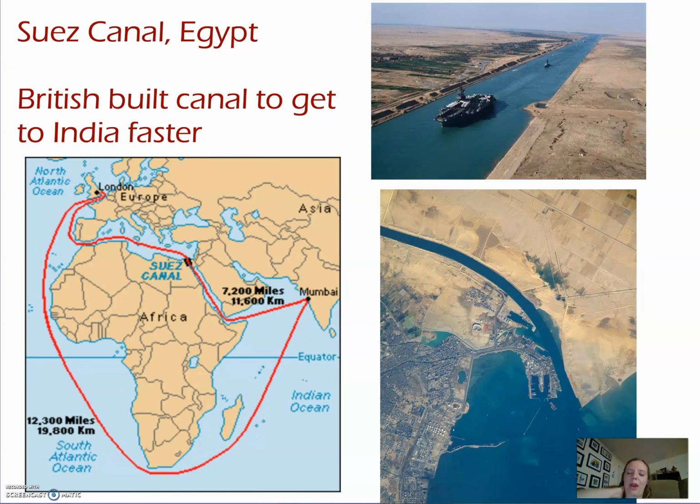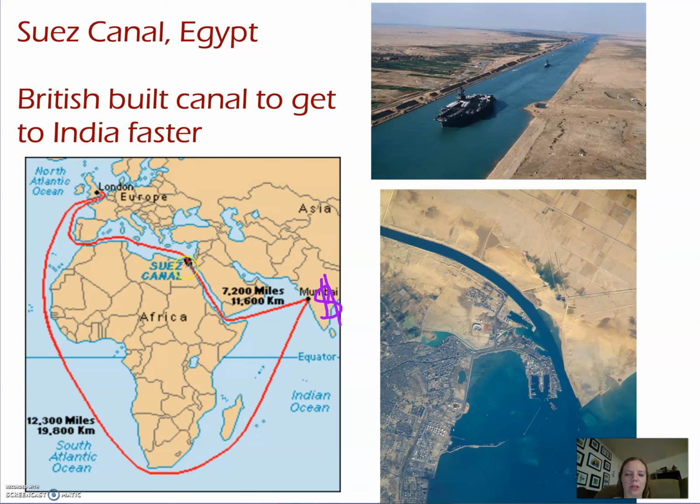Right. Another thing that happens is the Suez Canal gets built. This is a part of the industrial period, and it's also a part of England trying to get to India faster, because India is where all the money is being made in Britain. And if you traveled along Da Gama's route, right, we talked about Da Gama coming from Portugal way, way back in the age of exploration, if you go around this way, it's approximately 12,300 miles, right?